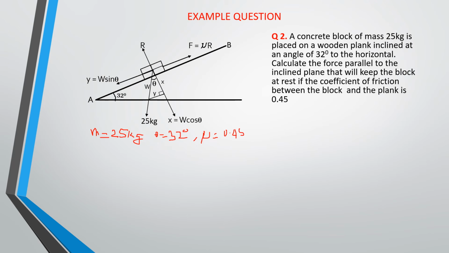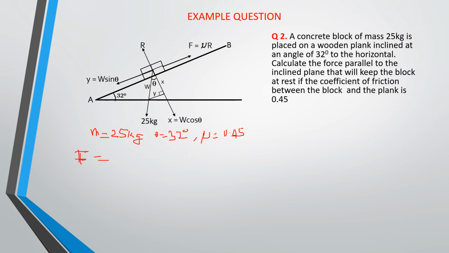Now to solve this problem, you are going to find the component of the force that is parallel to the plane that is trying to pull it down. Then you also find the component that is pulling it up, which is the frictional force that is opposing this motion. So the component that is parallel to the plane, the force parallel to the plane,